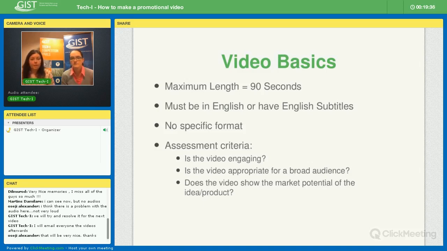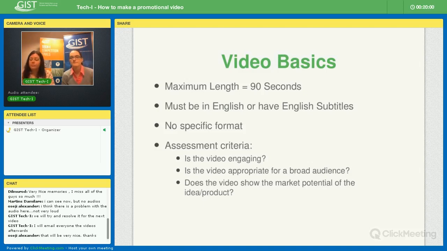Is it appropriate for a broad audience? And then the third is, does the video show the market potential of the idea or product? So if you have a new type of asphalt that you want to lay on the road, and you make a video of the road, and you're just talking about this asphalt, that's not enough for this competition.